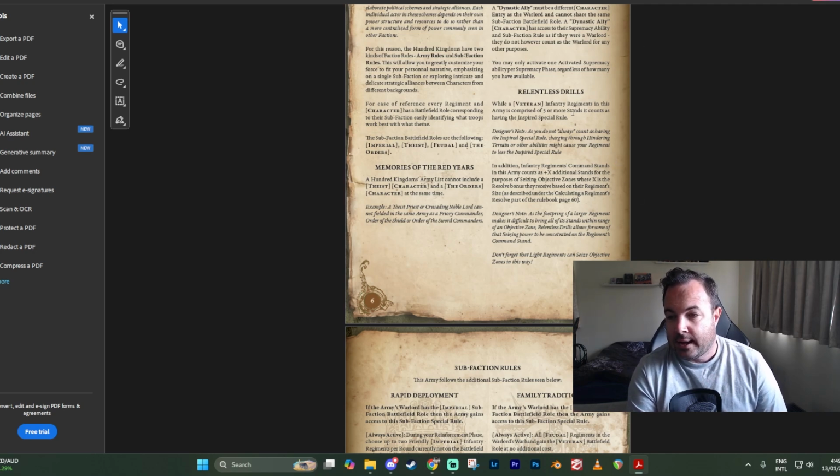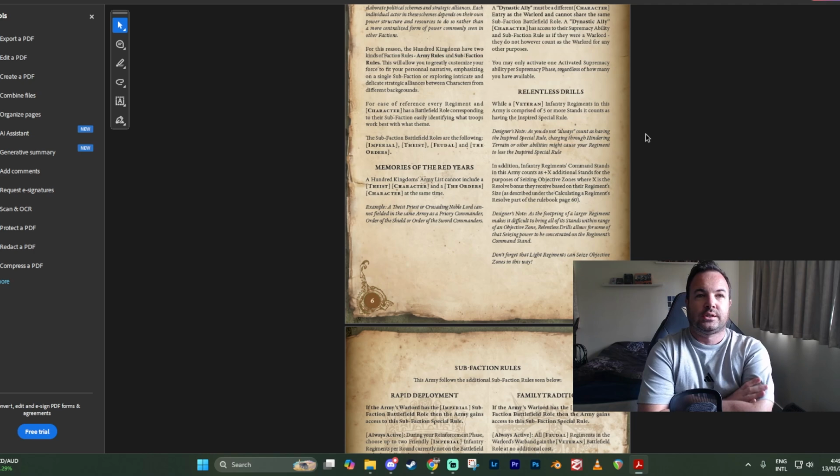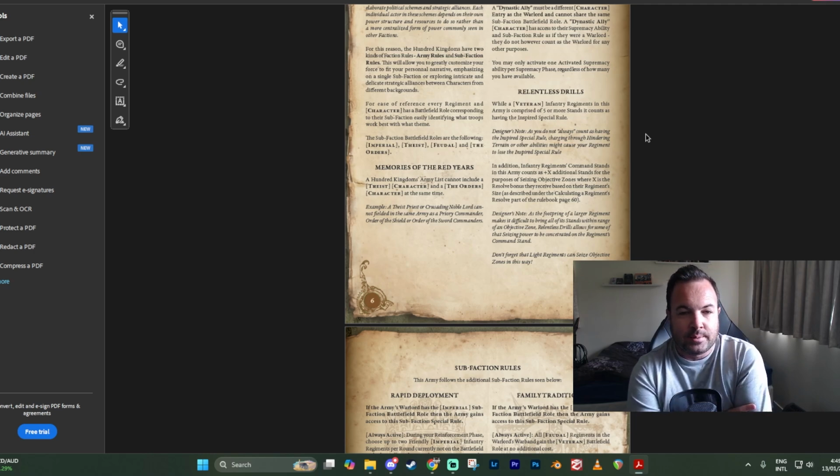When they are 5 or more stands, they get inspired automatically, but not always inspired. So, for example, if you're up against an enemy regiment who has the Dread special rule that turns off inspired, that will shut this down. But the point of getting it from just having a large